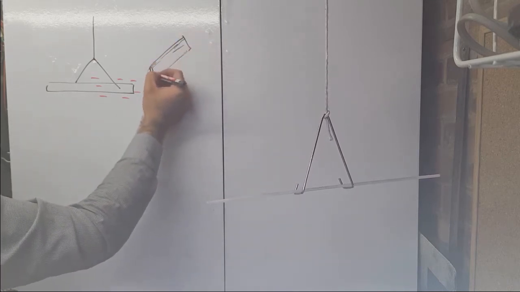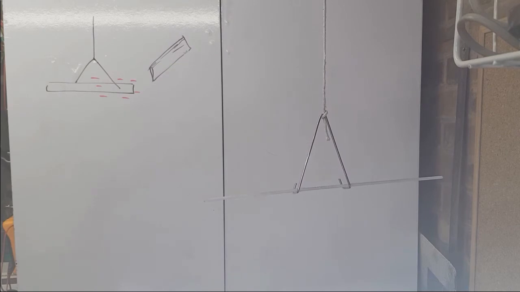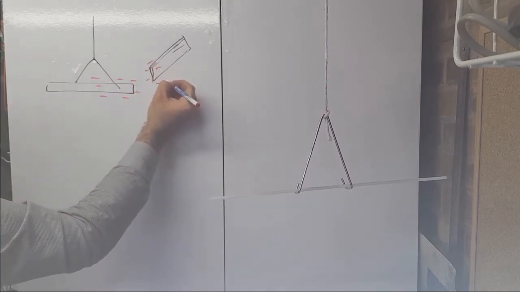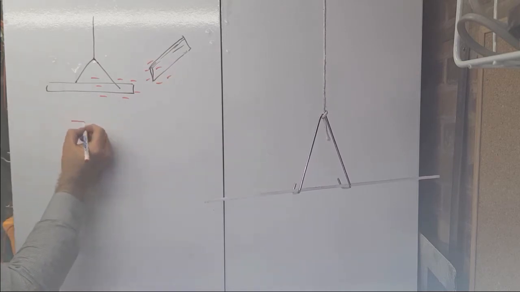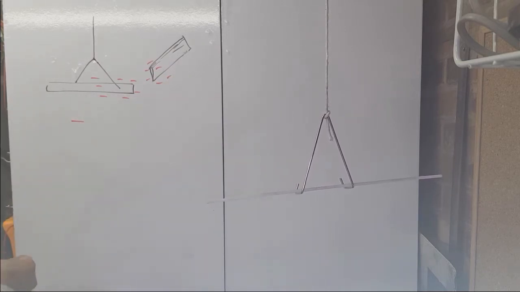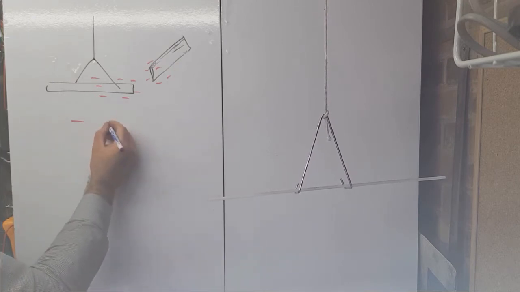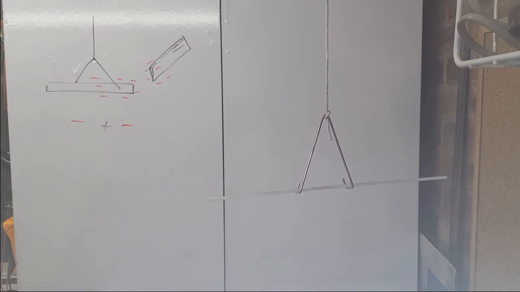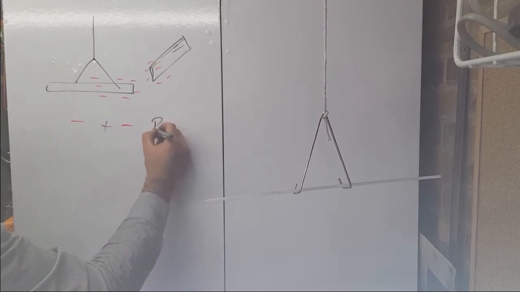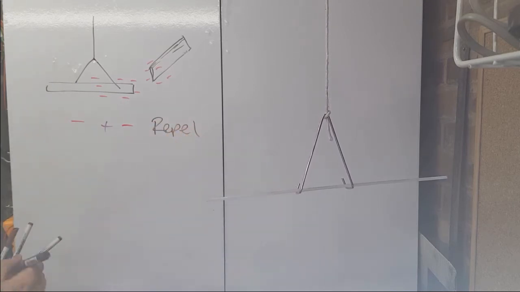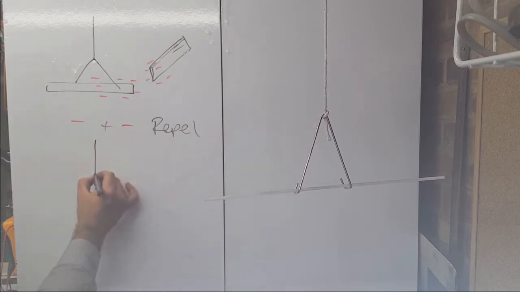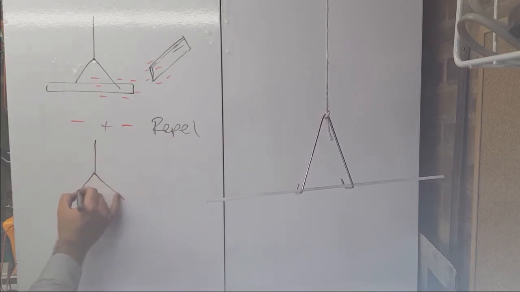That's the worst three-dimensional polythene rod I've ever drawn, but there you go. And this one also has negative charges around the outside. We have a negative charge, and we add that to another negative charge, and we have a repulsion. Okay, so a negative and a negative, they repel. The alternative to that is if I have the same rod,